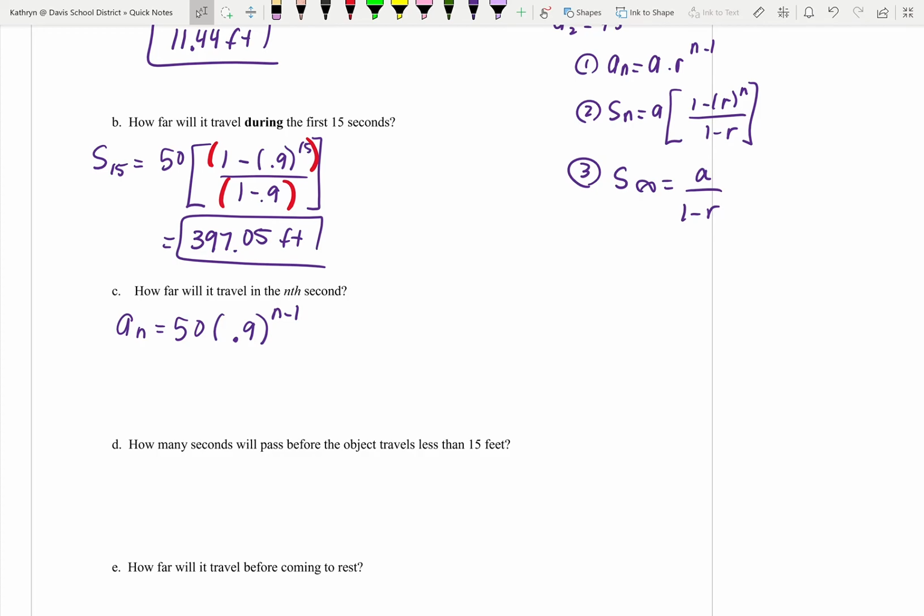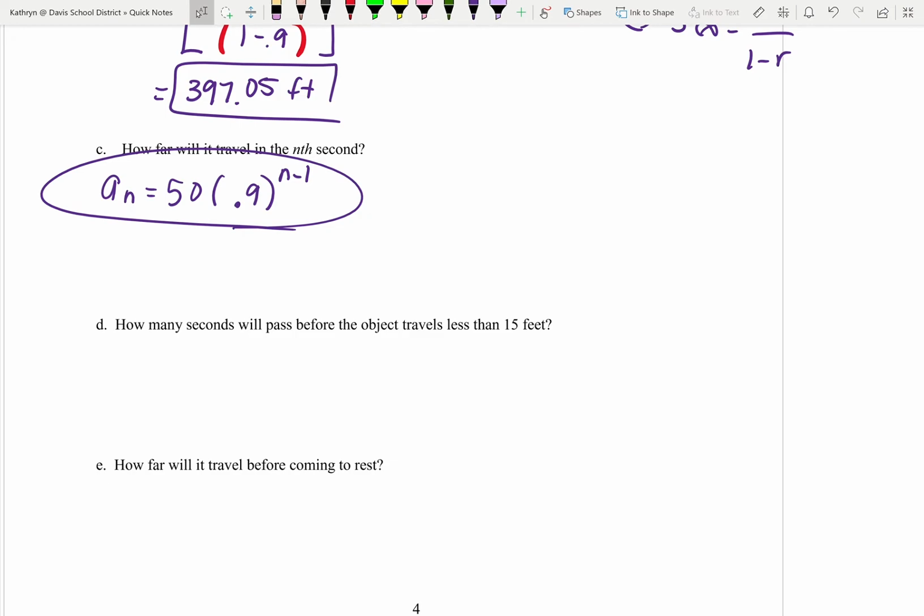Okay. So everybody go, I'm going to use this formula right here. That's a specific foot, so a specific second. I'm going to let the distance traveled, which is a sub n, be 15. So everybody go, 15 equals 50 times 0.9 to the n minus 1. Everybody look at that and stay calm. What are we going to have to do? You're going to have to